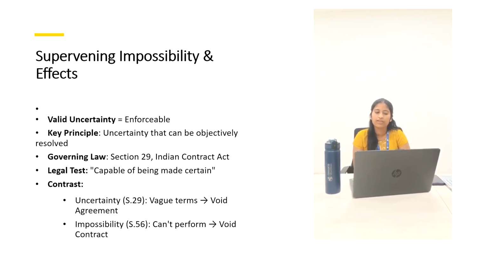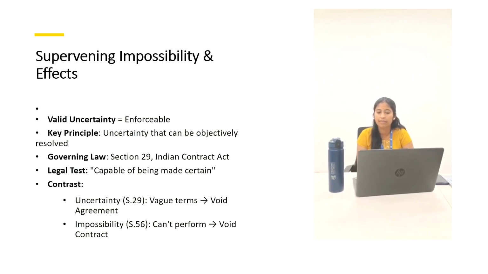Next, Section 56 says that impossibility voids contracts, and Section 29 says that uncertainty voids agreements unless the uncertainty can be made certain. And there are similar cases, like Taylor versus Caldwell, where the contract was held void because performance became impossible when the concert hall was burned or destroyed. In Samuel versus